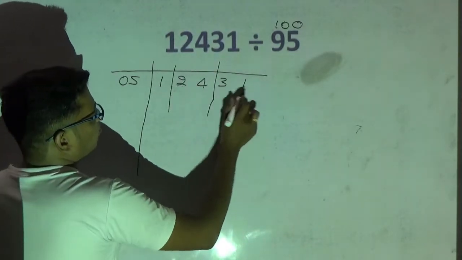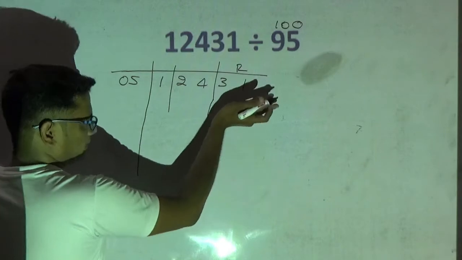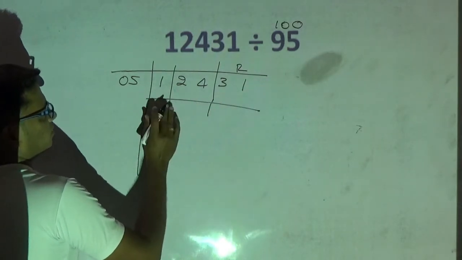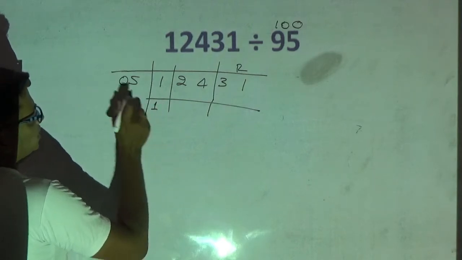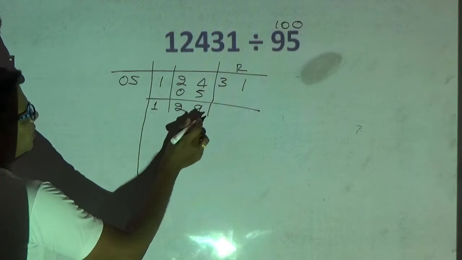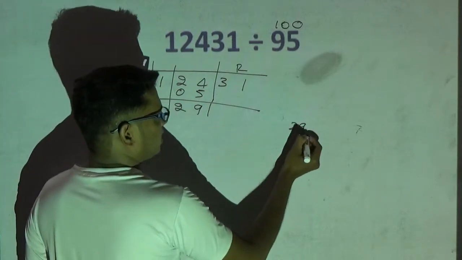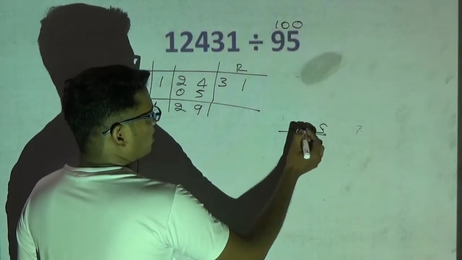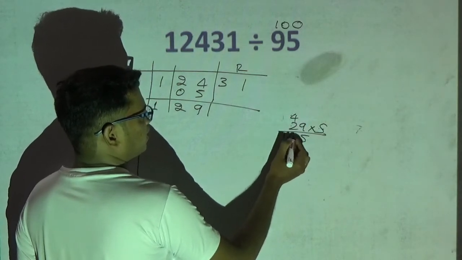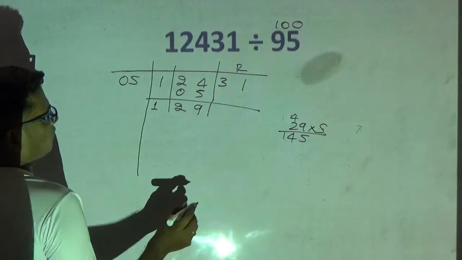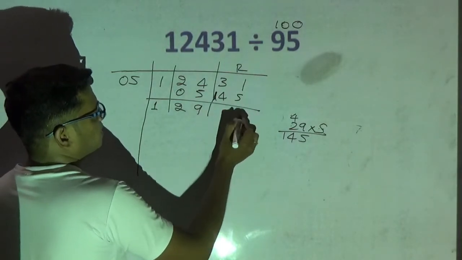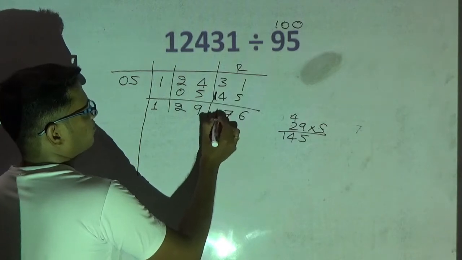Okay. The rightmost digits will be the remainder part. Now, the first digit, the leftmost digit, you have to write as it is. 1 into 5 is 05. This will be 9, 29. Now 29 5 times, I need to find. 9 5 is 45, 4. 5 2 is 10, 10 plus 4 is 14. 29 5 times is 145. I have to add here 145. I am adding 145. 5 plus 1 is 6. This will be 7. This will be 176.